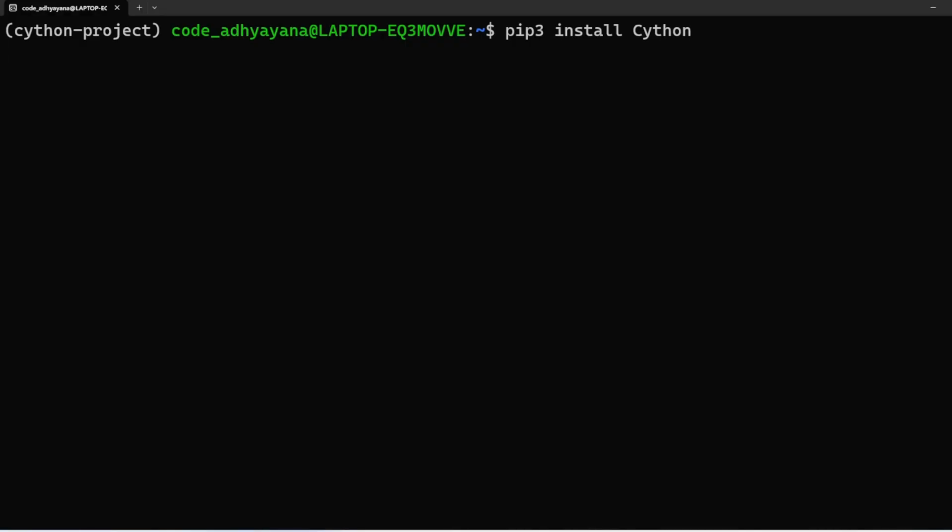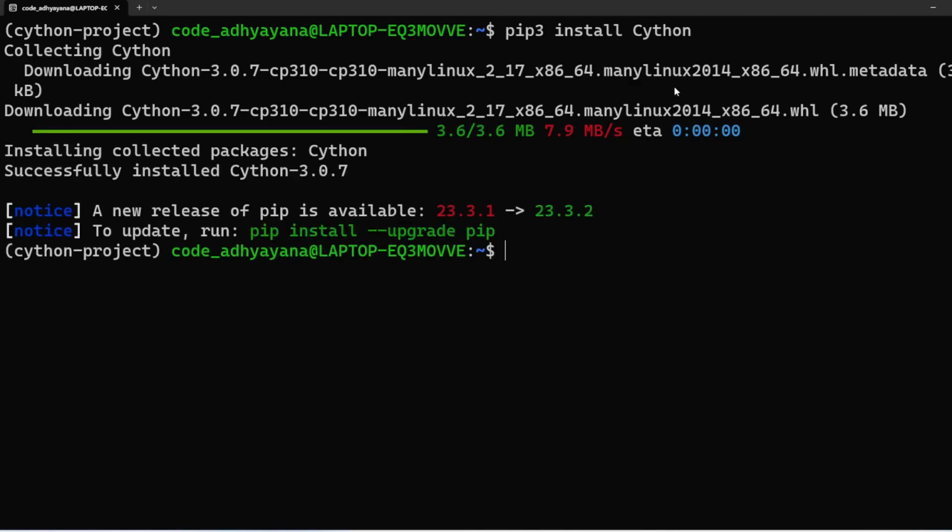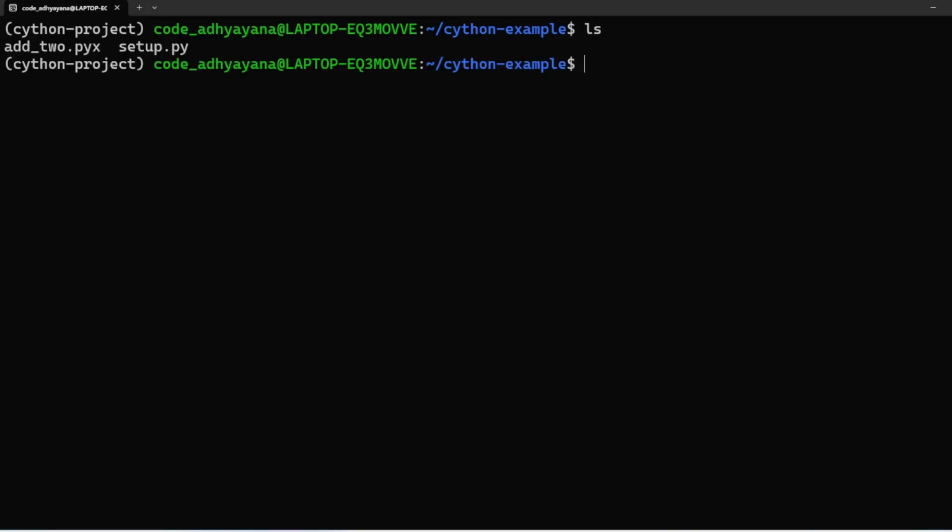For this demo I'm using Linux Ubuntu. So let's install Cython. Let's execute pip install Cython to install this package. Here I have two files. One is the .pyx where we have written the Cython code, and setup.py which will help us to create the Cython